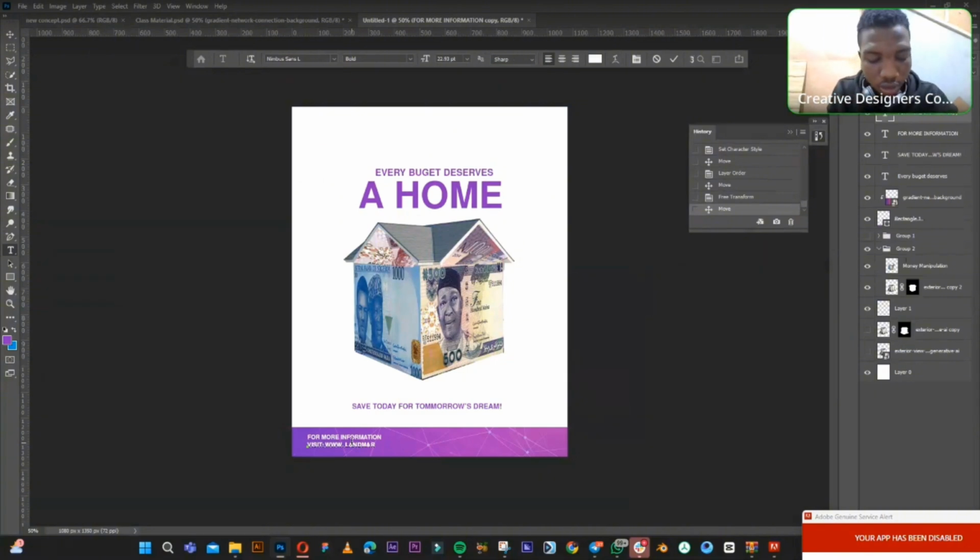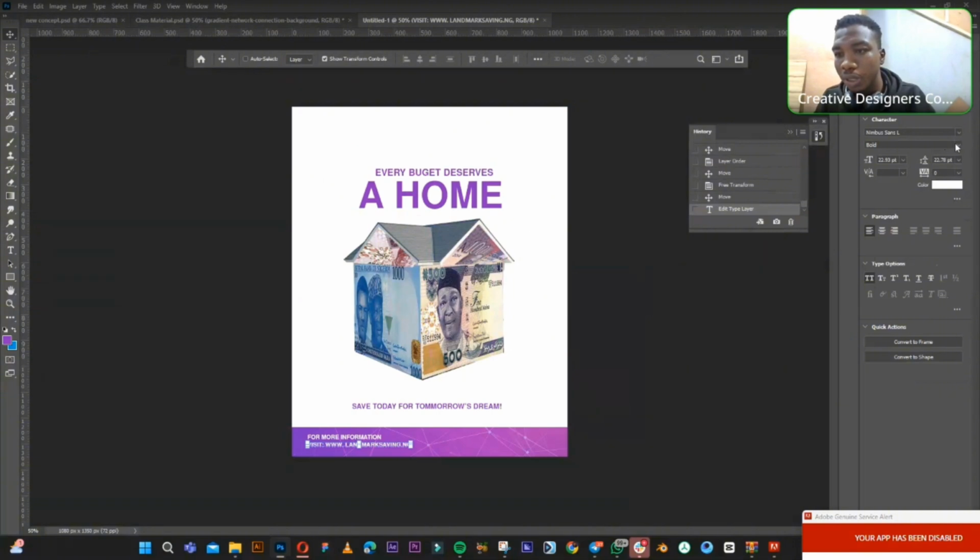Okay. Landmarksaving.ng. You can always reduce the size in your properties and probably give it something like that. Okay, so once you get to that point,